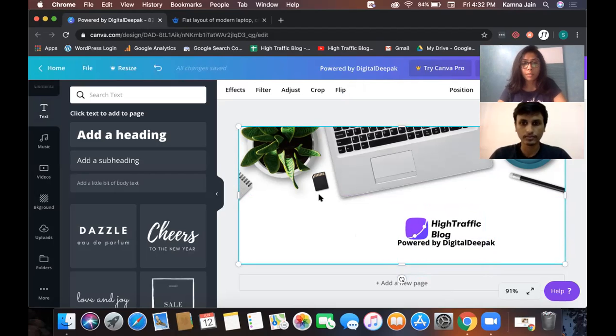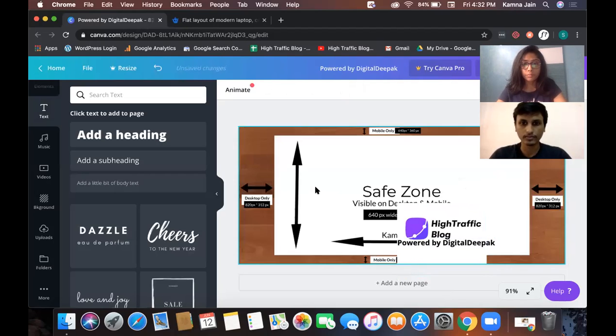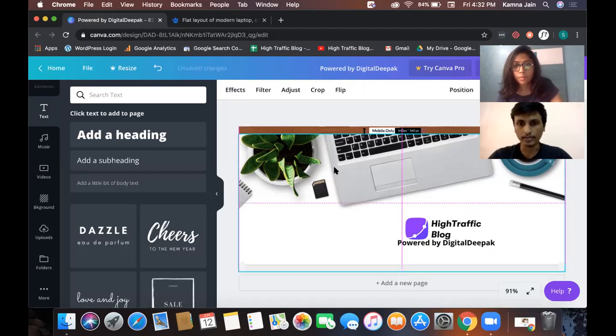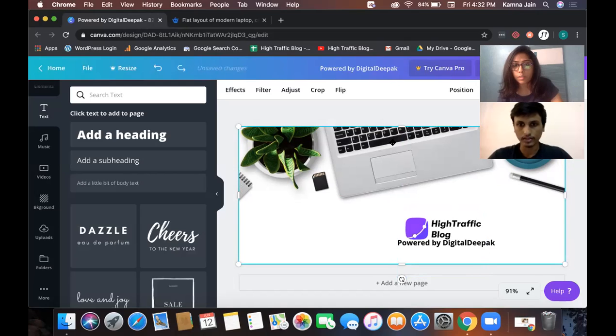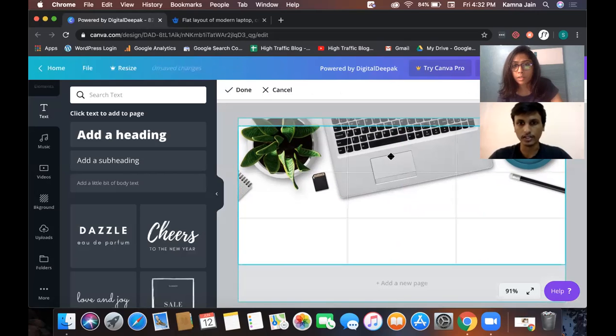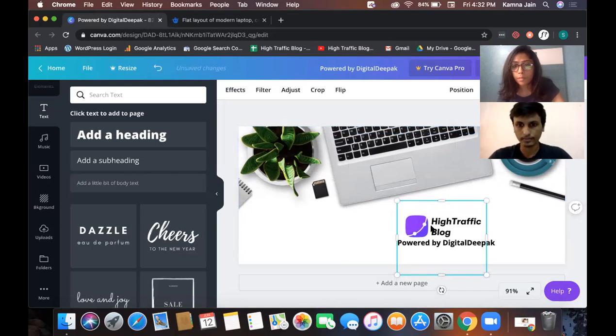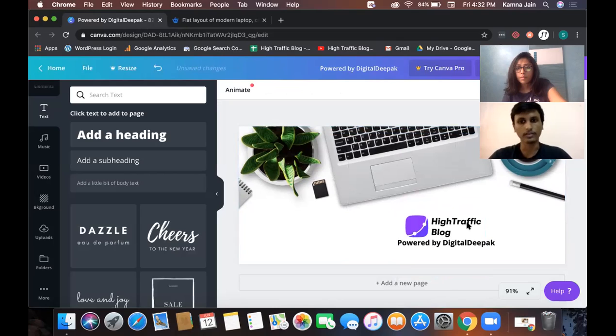So if I just check with the template, yeah, perfect. If you can see, it's not getting cut on the mobile, right? So that way we know it's a safe option. We can increase the space between the logo and the text itself, slightly. Okay, yeah, cool. And I was thinking we'll get this a little closer. Yeah. Good to go. Done.